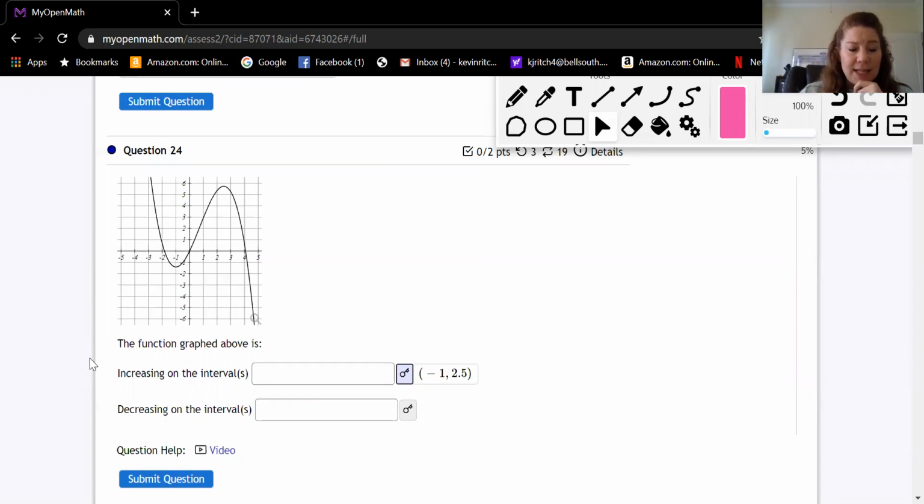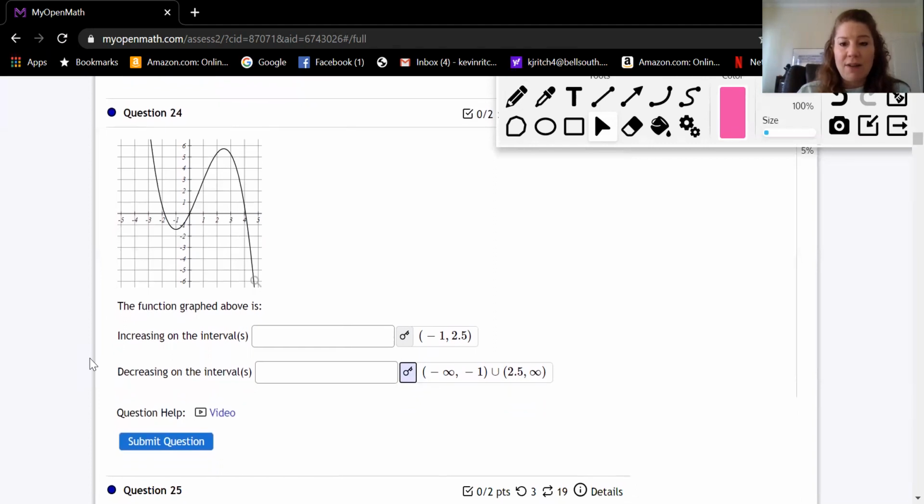And then there's actually 2 places where our graph is decreasing. So it's decreasing from negative infinity through negative 1. So this doesn't start here. It's coming, it's off the page and it's decreasing all the way till it gets here and then it turns up. So negative infinity to negative 1, and then when we get up here at positive 2.5, it starts decreasing again for positive infinity. So we got 2 parts of our answers. So when you have 2 parts of your answer, make sure you combine them or stick them together with a U, the union of those 2 things. Okay? So decreasing means where on that graph is